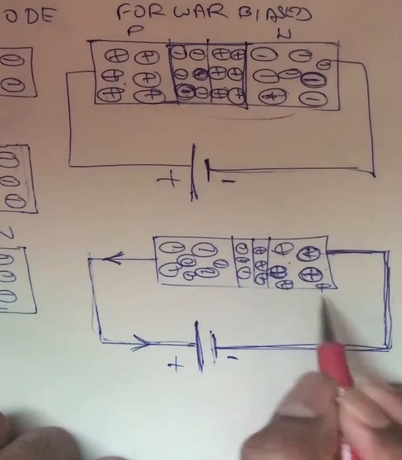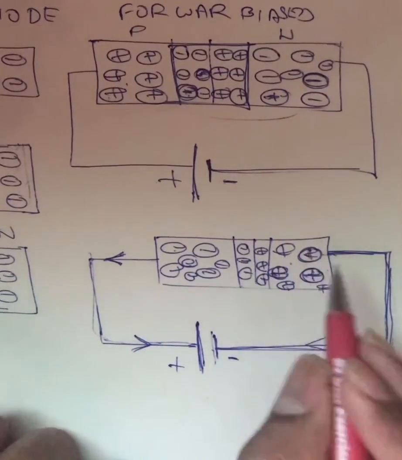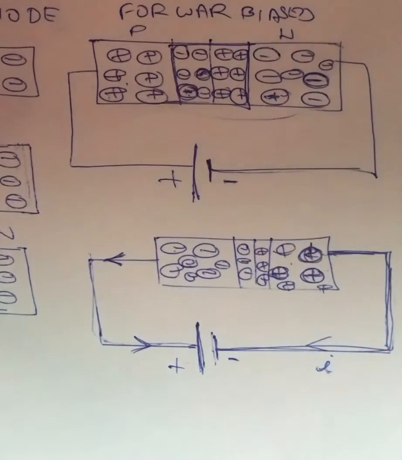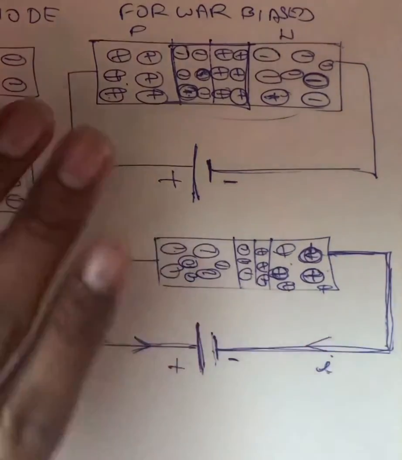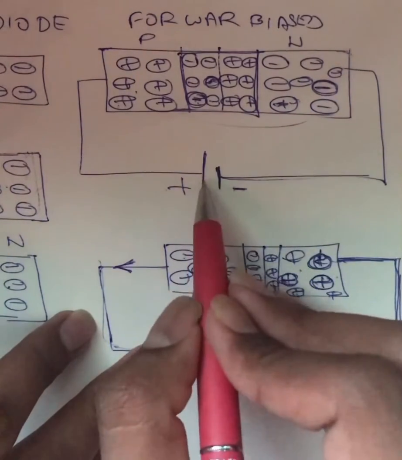The current flows from this side. So this is the current. So flow of holes causes the current. This is what happens in forward bias, that when we connect the positive terminal of the battery to the p-type semiconductor and